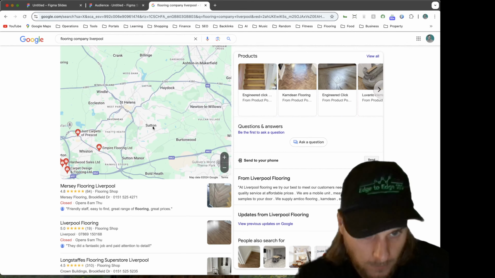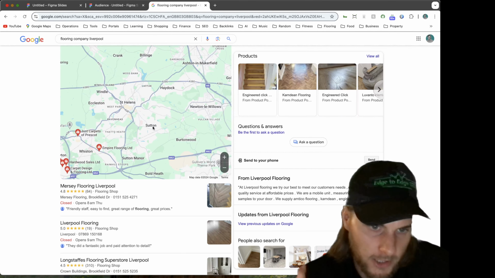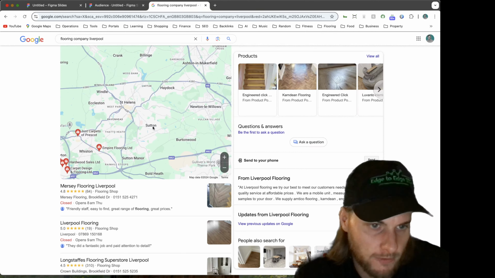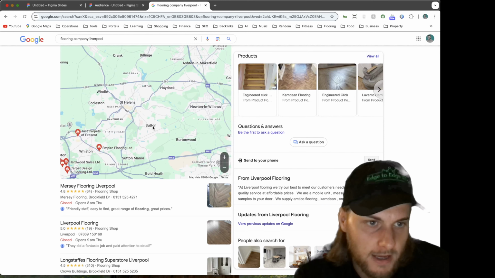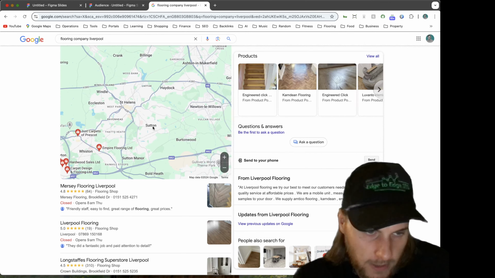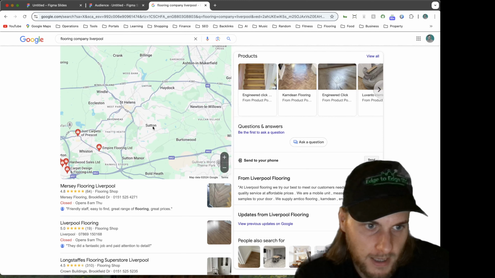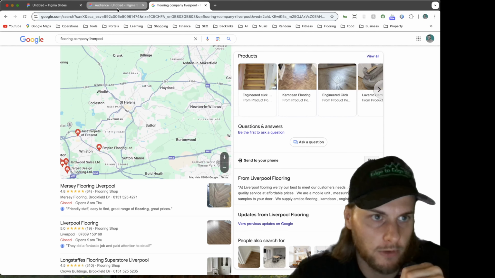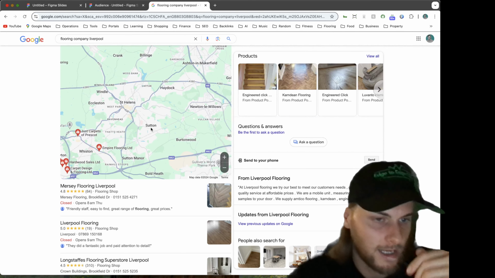And if you take a photo on site and then you upload it to your Google business profile while you're on site, that's just more information that Google can take on board, and it can see that you're in that location doing the work that you say you do. So it's going to help with trying to expand your Google Business Profile out further.